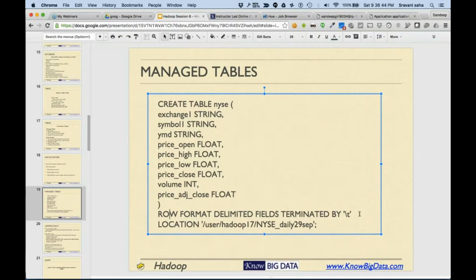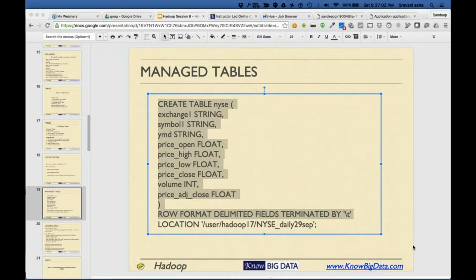I'll not put the location right now. Location means where to create this table. Right now I'm just saying create it in the default location. Create table NYSE with this information.